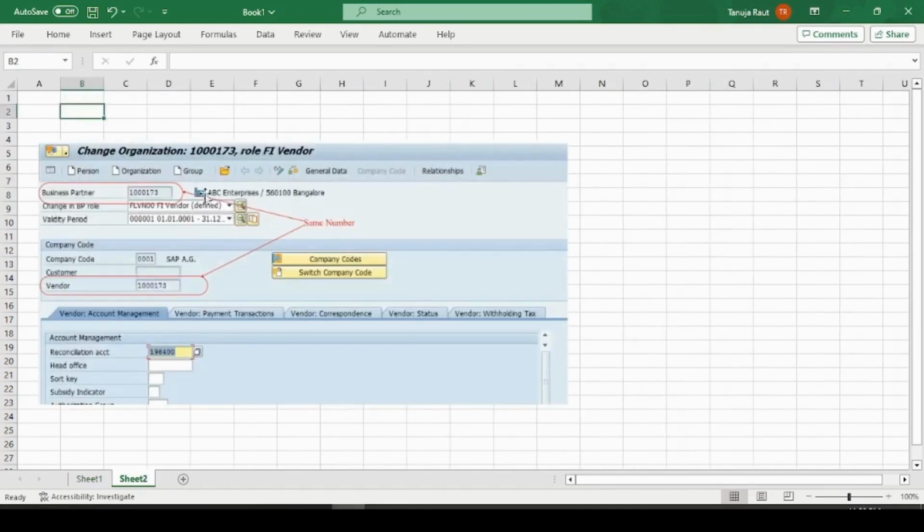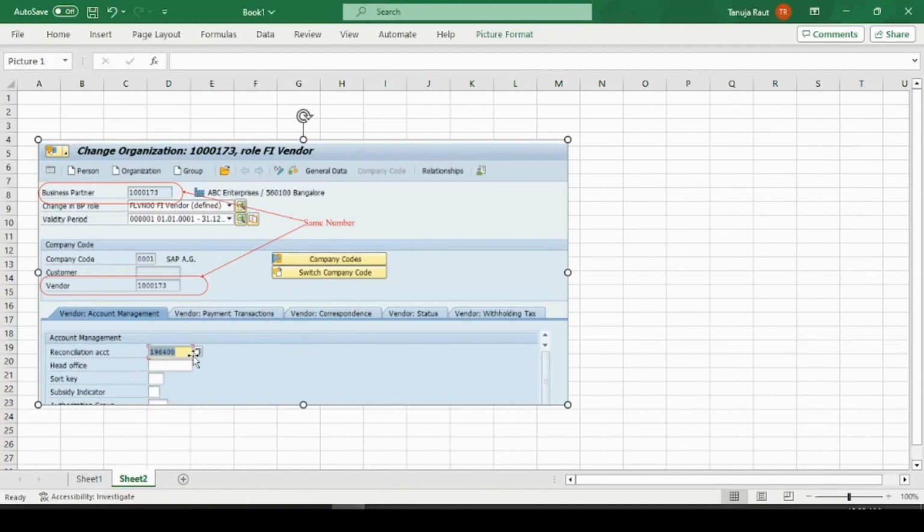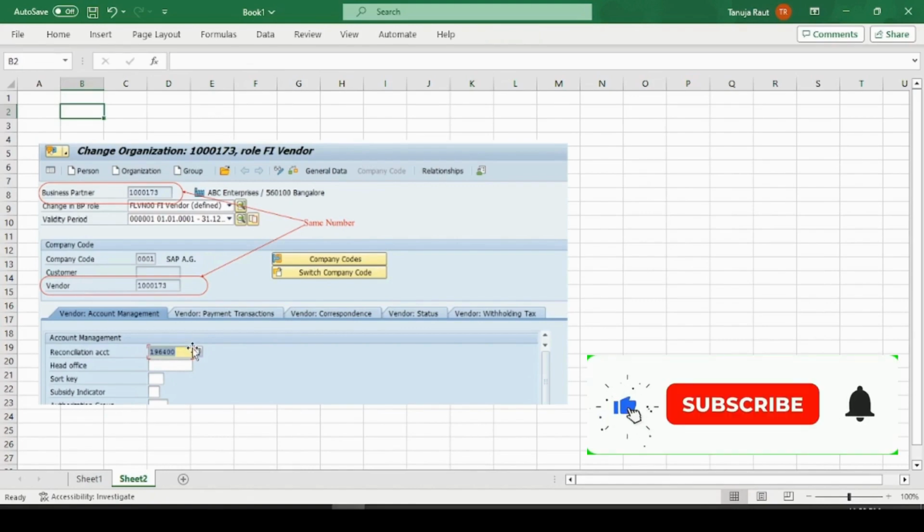Okay, so here is a screenshot. Here you have to assign your GL account, reconciliation GL account to the business partner, to the vendor account. Okay,